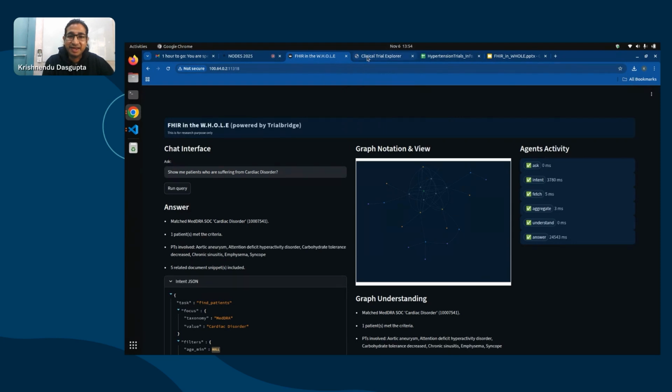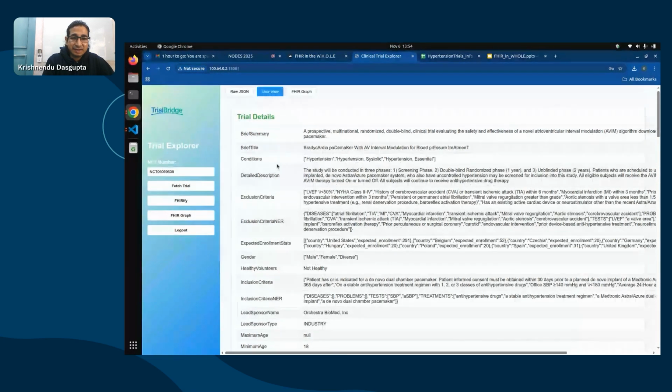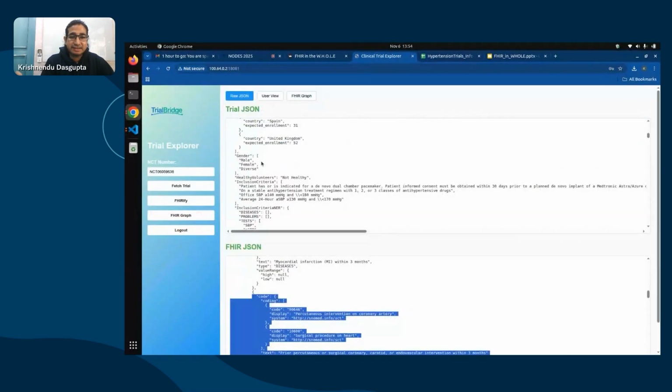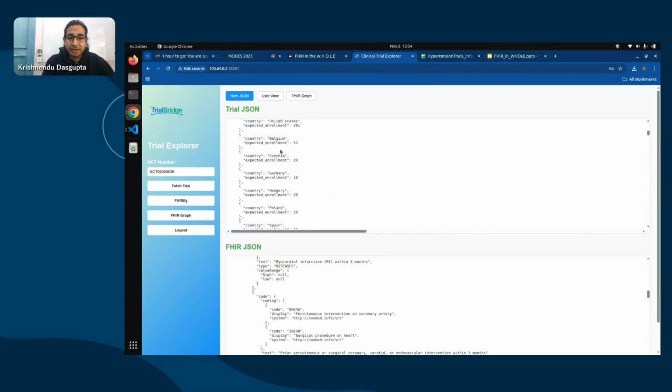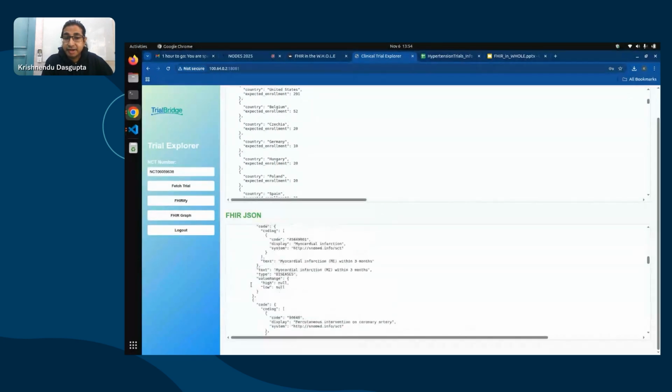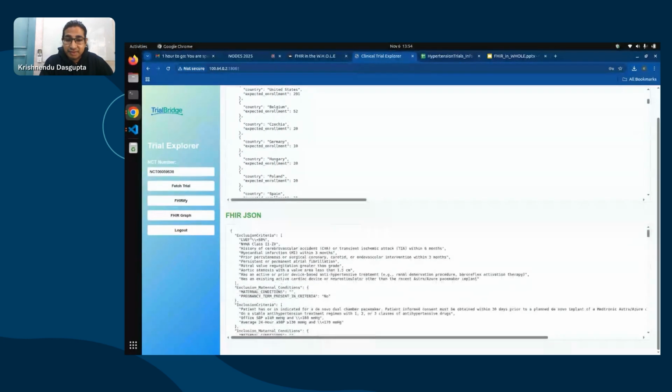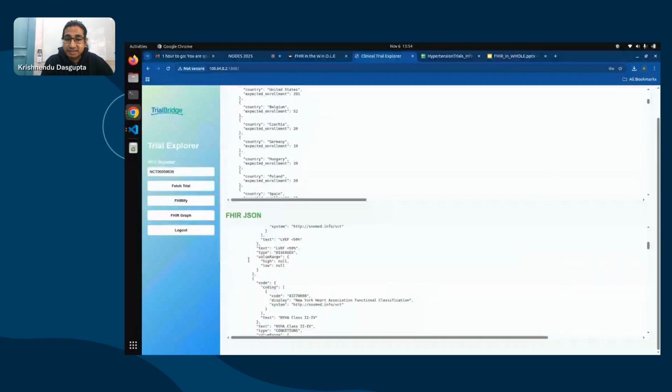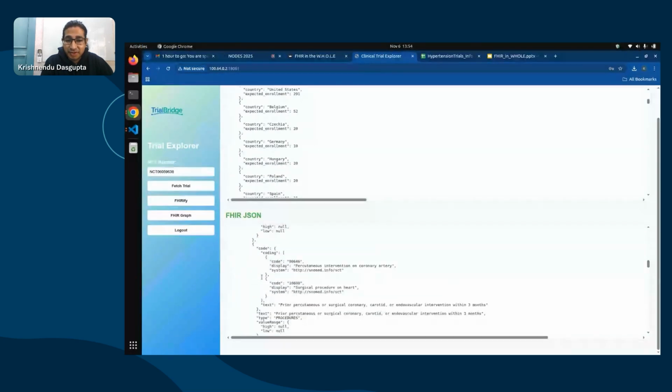So let me show you something. This is what we call a trial. When you look into a clinical trial, this is the FHIR JSON data that is normally used for matching clinical trials with patients. So when we look into clinical trial records, this is the kind of record that you get, the FHIR JSON, right? If you look into it, this is extremely